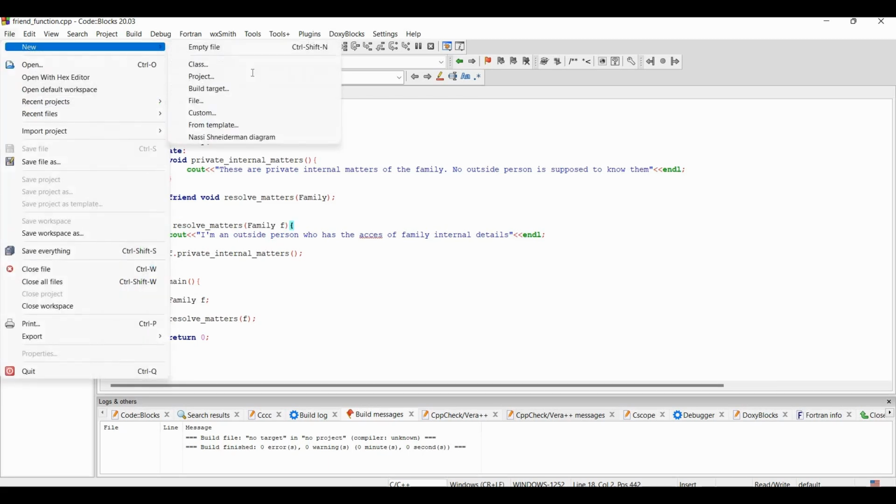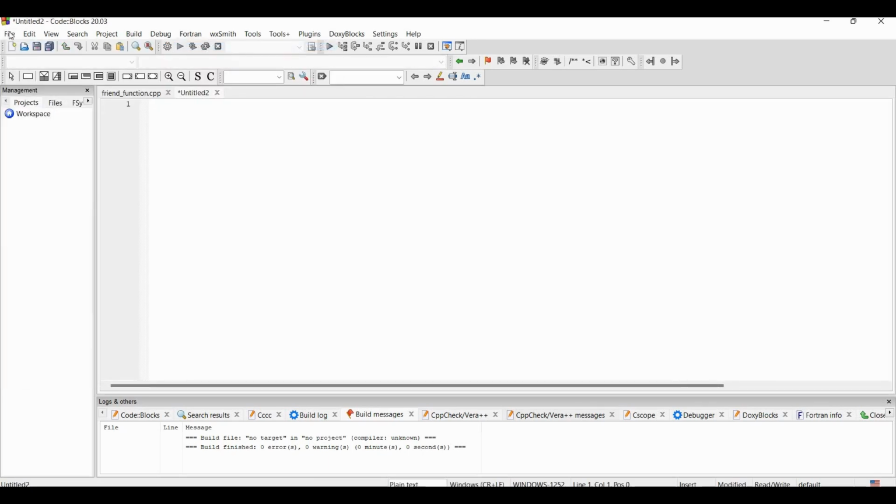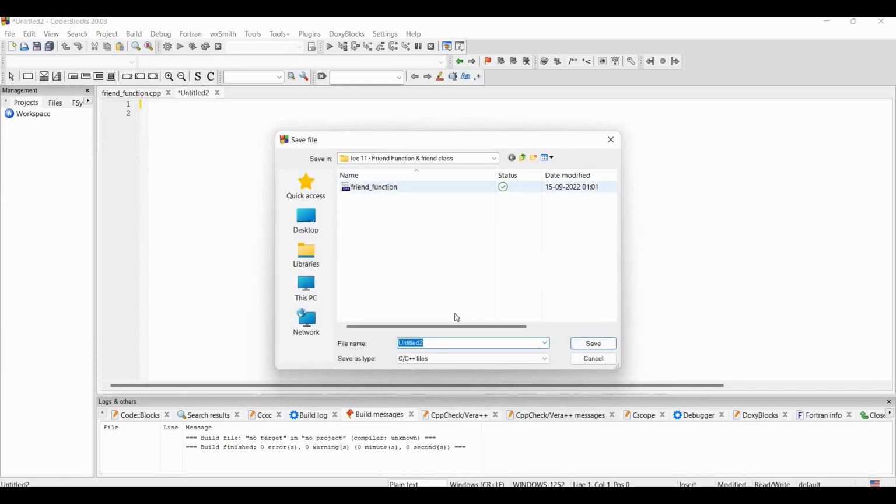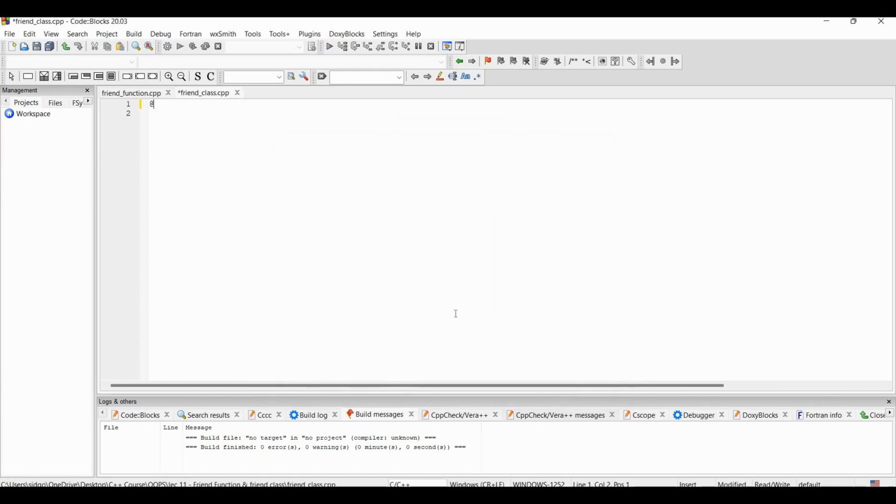And let's create another program, another class. Now we have family one, right? And there are some private